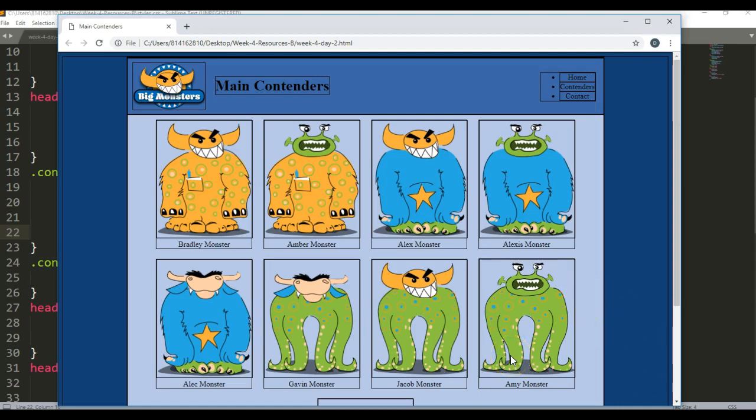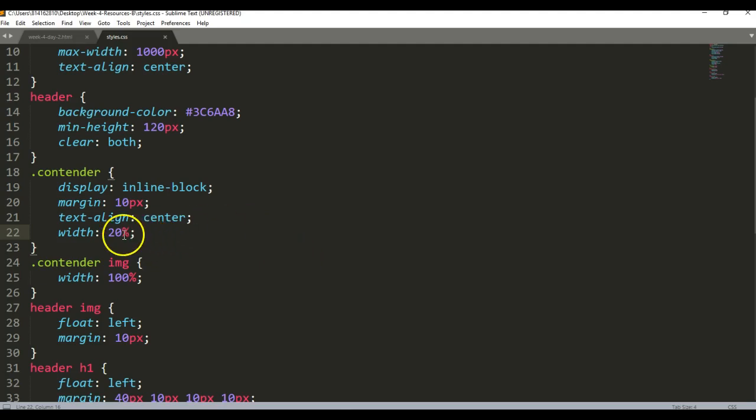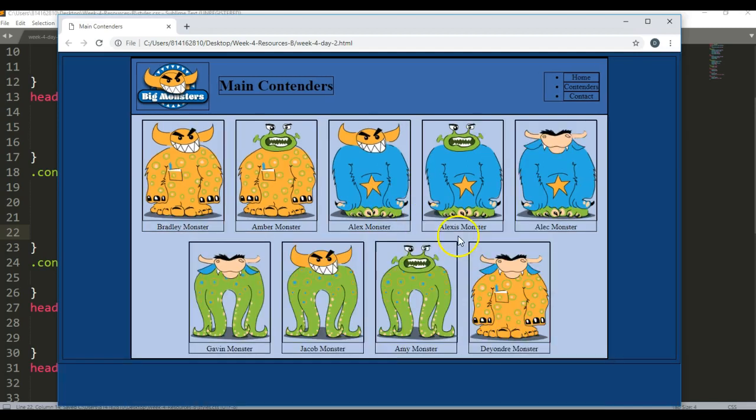Correct. It's the whole box we're making smaller. The reason we want to do it to contender is because we have set the content here, the image, to be as wide as that box. And it's the box we want to make smaller. So if we set that to 100%, or I'm sorry, 17%,